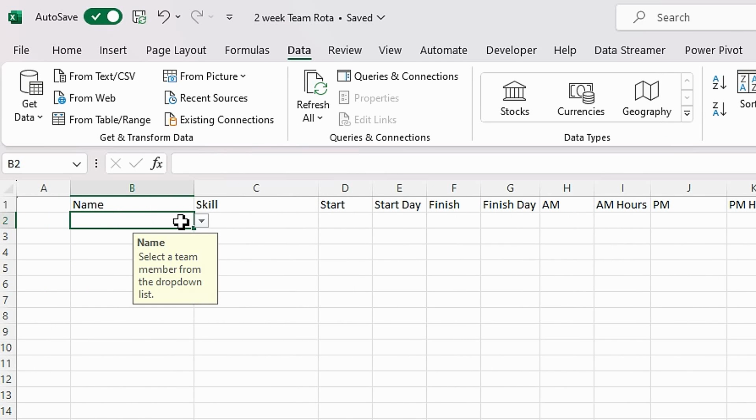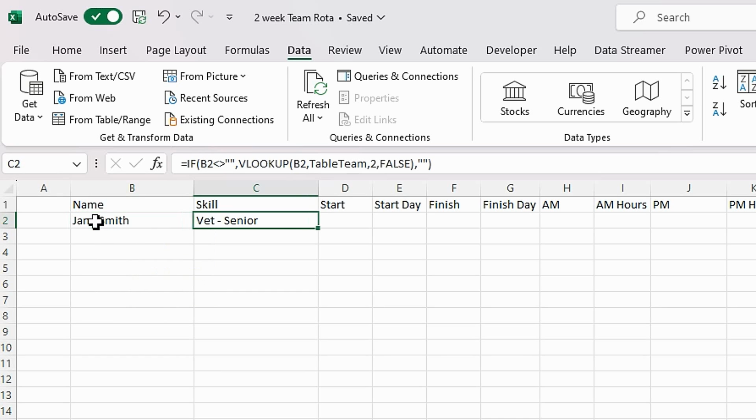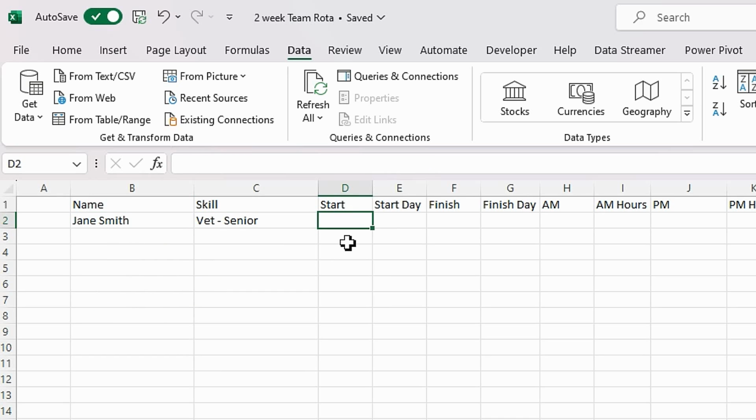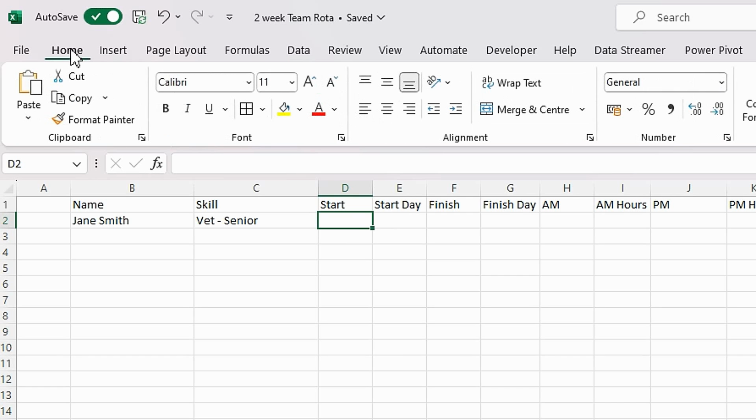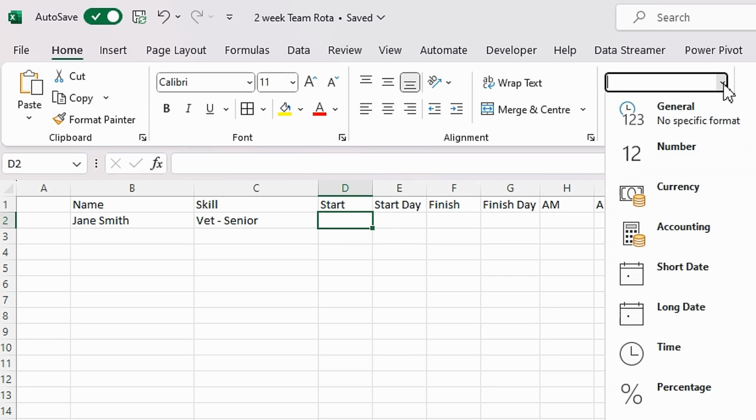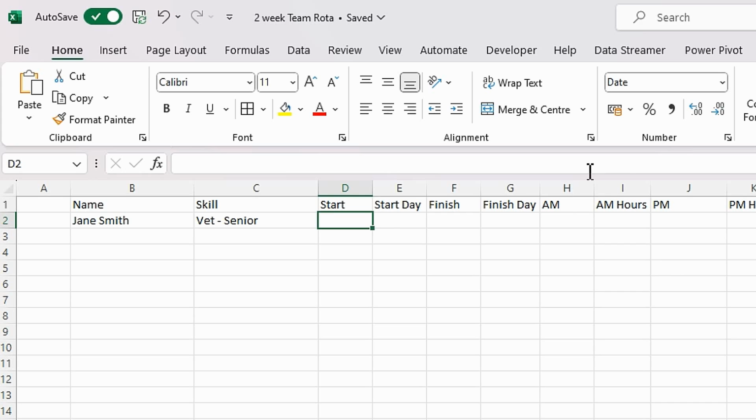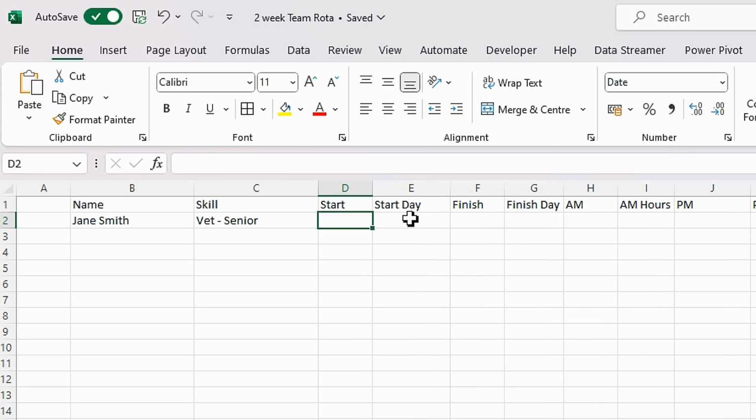And that way then, when I do Jane Smith, it picks it up fine. Start date, if I go to the home ribbon, I'm going to set that as a date, a short date. And again, I'm going to do this formula here where I get the start day. So if I put the 23rd